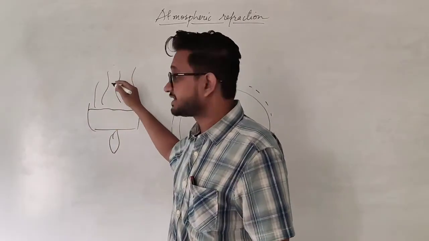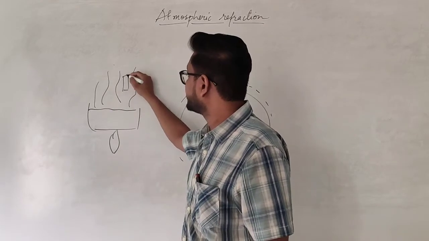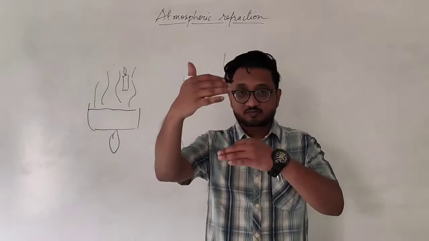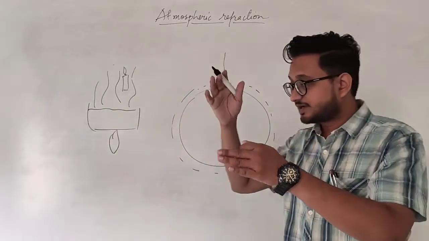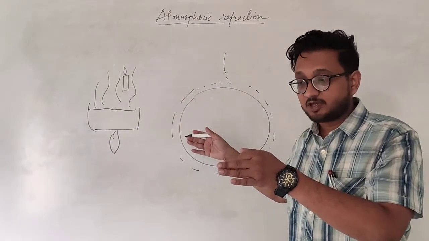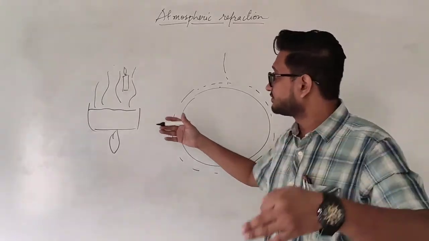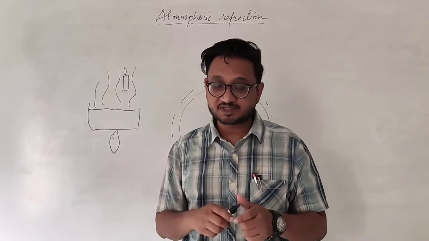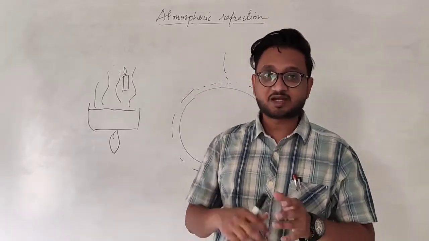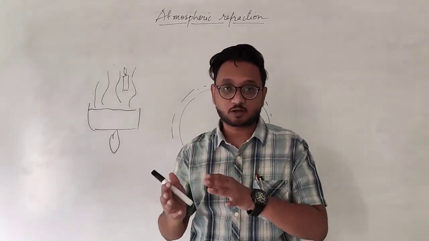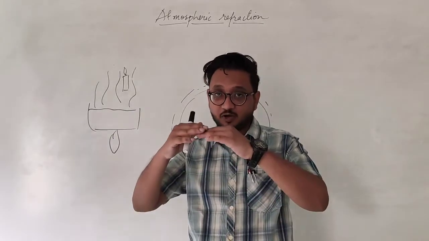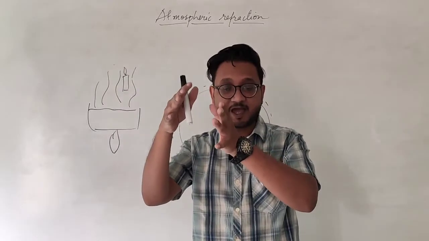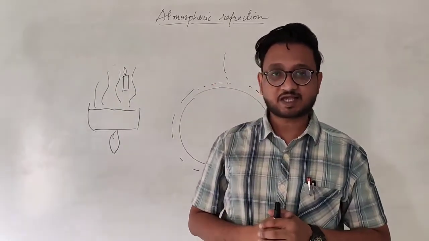Whatever object is kept behind it, let's say a candle. You have placed a candle behind it. So the boiling pot is over here and the candle is behind it. When you observe this candle through the steam, you will see that the candle is wavering. It can be any object. This is just an example. You might have experienced this with any hot object too. When you are observing over its surface, you will see that the air behind it is wavering. Why is this happening?